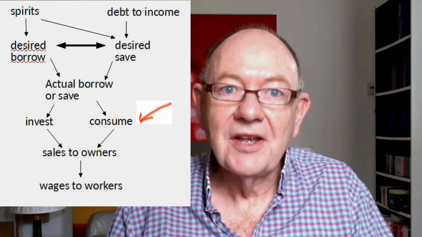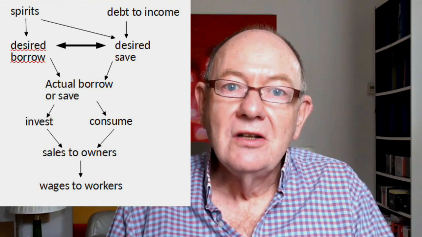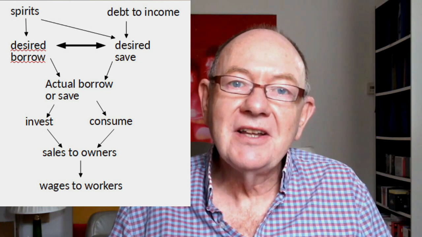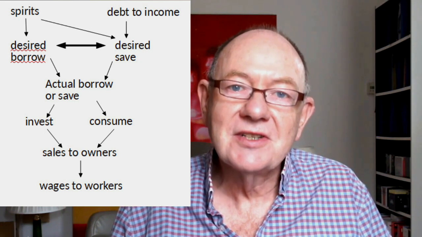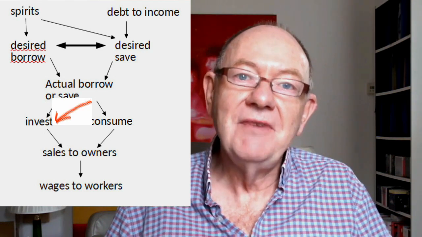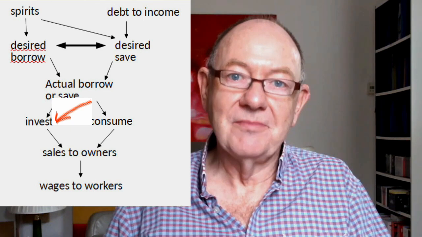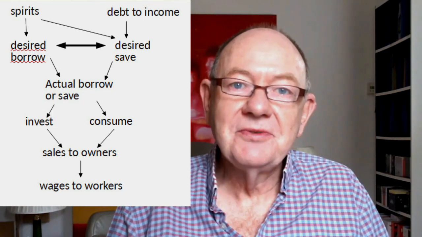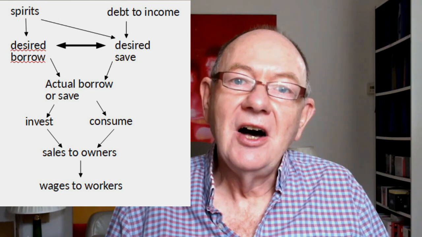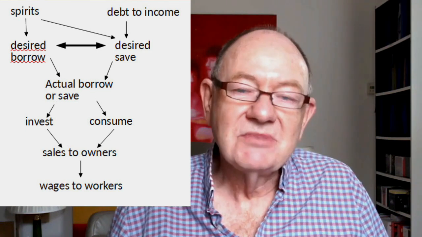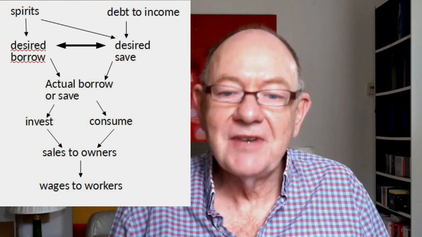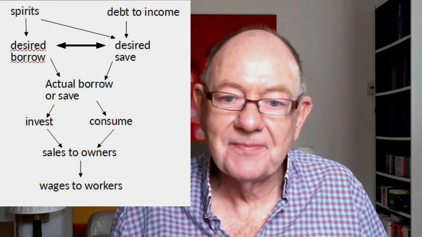Owners, on the other hand, will look at the amount they've got to spend and decide to divide that up. Some of it they will spend on consumption, like the workers, but the rest of it they will put into investment to grow their firms. How much do owners put into investment versus consumption? Well, we start off with an anchor, a fixed amount, say 60%, which is the normal amount that they will put into investment of the money they have available to spend.